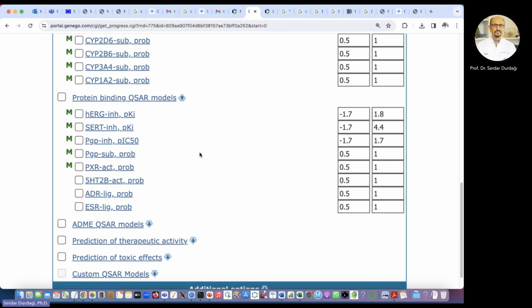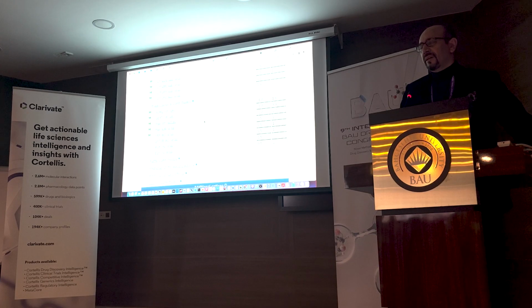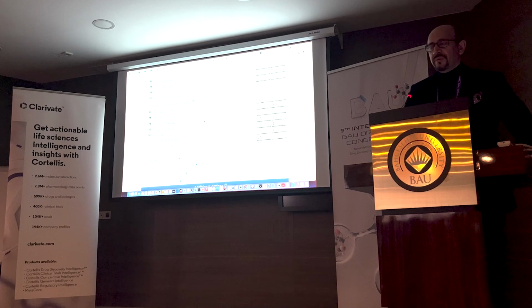Here you will see different QSAR models again, such as hERG binder. The hERG blockage is quite an important issue in drug design. So let's assume that you identified very active molecules, but if these molecules go and bind to the hERG channel and block the hERG channel, in that case, hERG channel is a potassium ion channel, and blockage of the hERG ion channel leads to